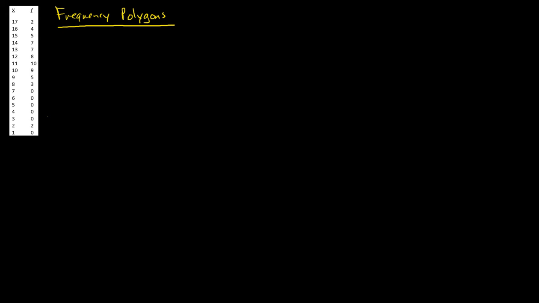Well, let's start with what this word frequency, which we already talked about, means. It's just the number of times that you're counting something, a score per se. Let's talk about what this word polygon means. Poly is just our Greek word for many, and this gon portion, its etymology is the word gonia, which means angles. So polygon just means many angles. So essentially, a frequency polygon is a line graph that's going to have many angles to it